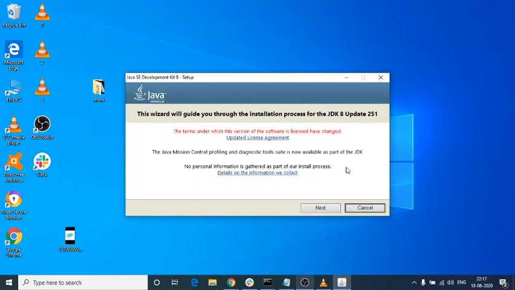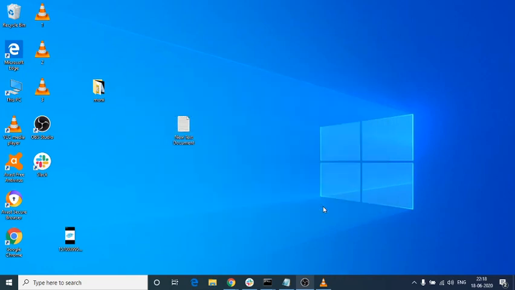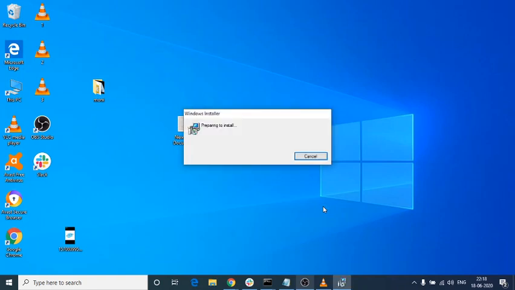Once you click on the JDK, you will get a pop-up like this. You need to click next. It's preparing to install.